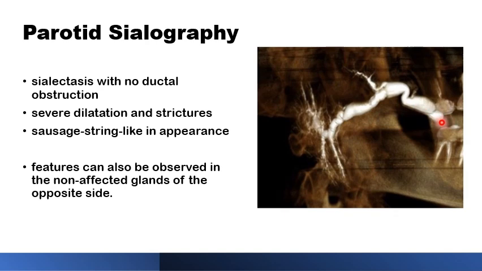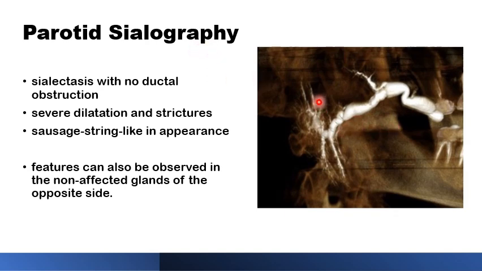This dilatation can also be associated, paradoxically, with some narrow segments of stenosis that are usually due to the inflammatory process and the healing with scar tissue. There may also be kinking of the duct system and distortion of the distal duct. These are the characteristic features of the parotid sialogram in juvenile recurrent parotitis, and this imaging modality can also help